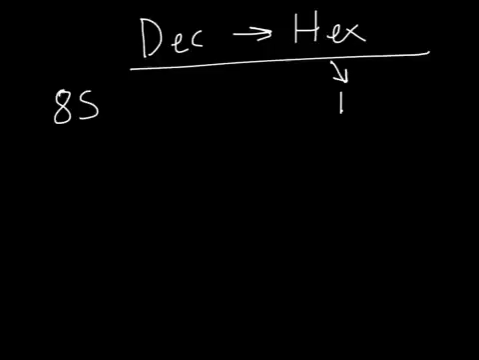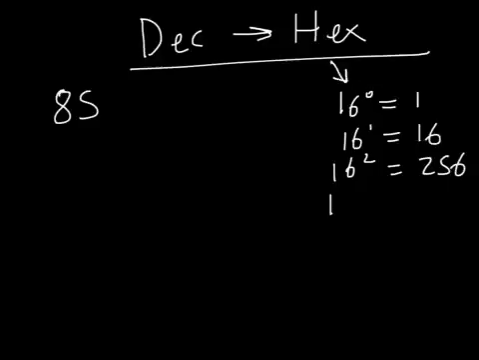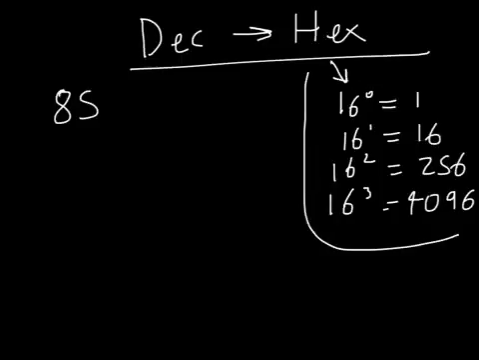So just to recap, 16 to the power of 0 is 1, 16 to the power of 1 is 16, 16 to the power of 2 is 256, 16 to the power of 3 is 4096, and we'll need to know this because we'll be considering the place value of our hexadecimal number in just a moment. Now what we want to do is decompose, so we want to know what is the largest power